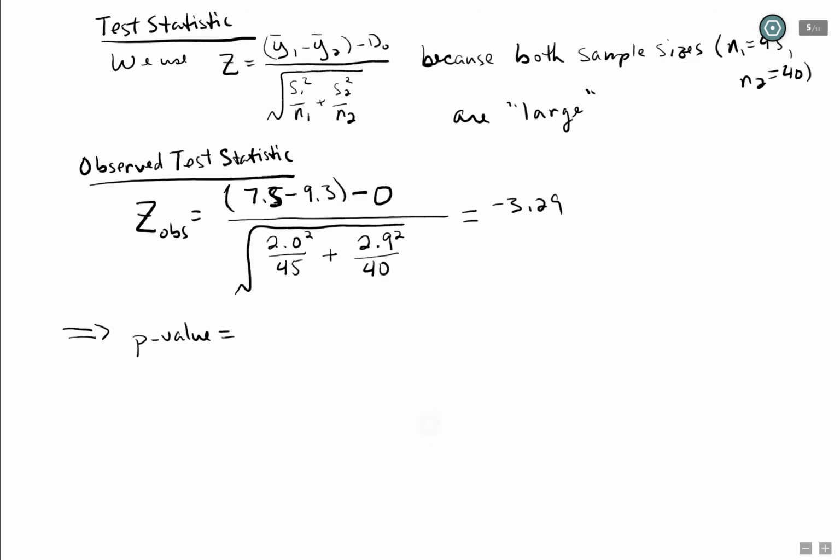The p-value speaks to that rarity, so the probability of z being less than or equal to negative 3.29, that's what I'm going to look at for my p-value. If you look on the z chart, you should get something depending on which one you use. The one I used showed me 0.0005. And so my decision would be we would reject H naught